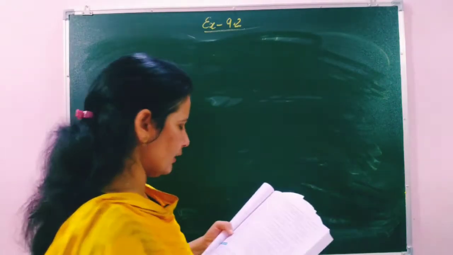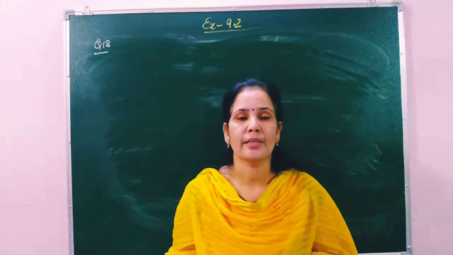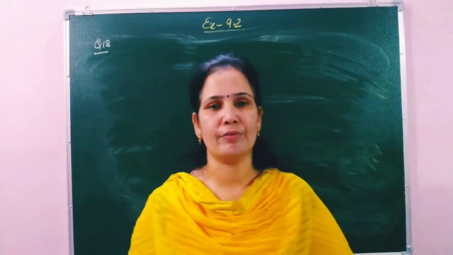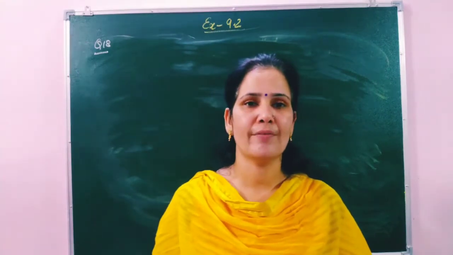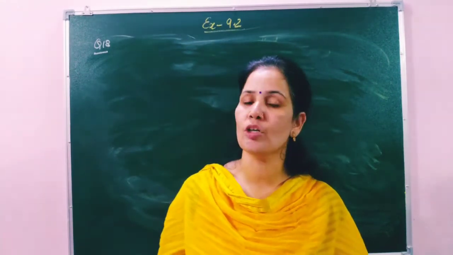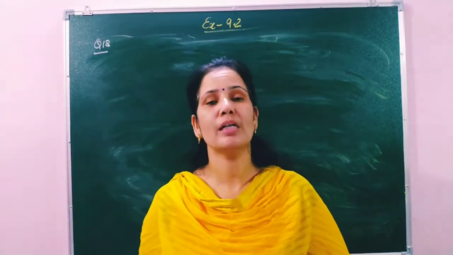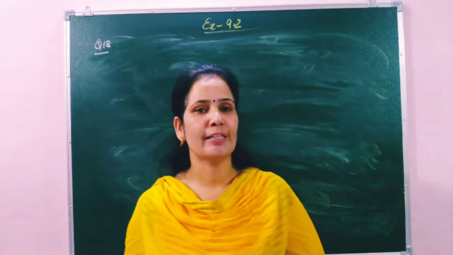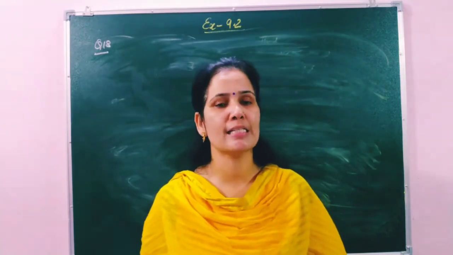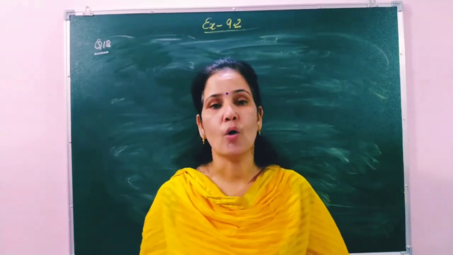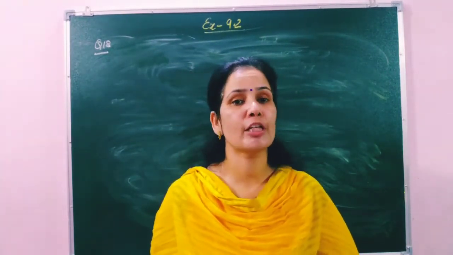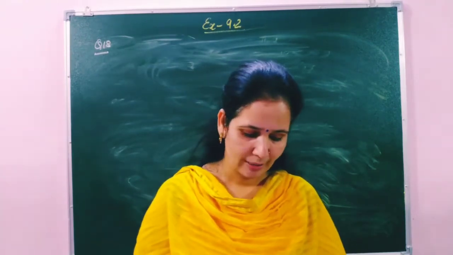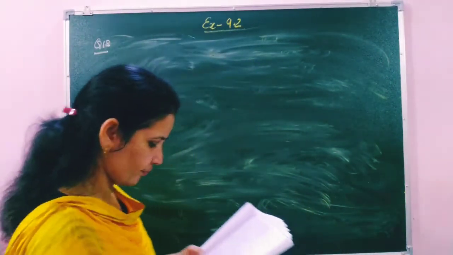In question number 18, they have given a grocer. Okay, first let's read the question. In question number 18, they say a grocer has 150 kg rice and he sold 70 kg one time and 80 kg a second time. But in the overall transaction, he wants 15% profit. So here we have to find out at what profit he sells the second 80 kg, so that overall the person gets 15% profit. Let's see how to solve this question.